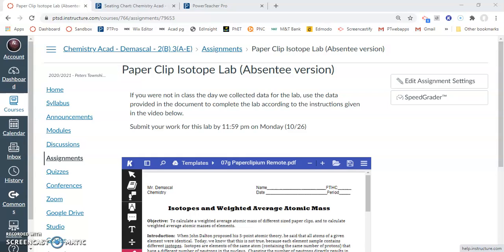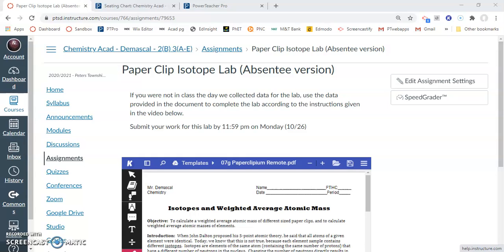We did a bunch of work last unit, in Unit 4A, calculating average masses for elements based on numbers of protons, neutrons, and electrons. But I still saw some struggling with this concept as we went through the quiz. So to kind of drive this concept home and make sure that we really understand how the average mass is calculated and just how isotopes affect the mass of our elements, we are going to do a little activity where